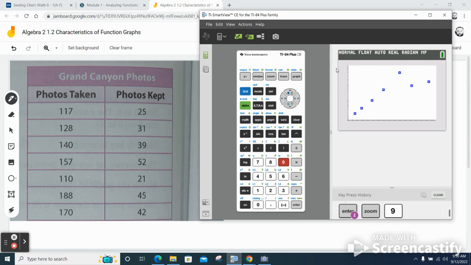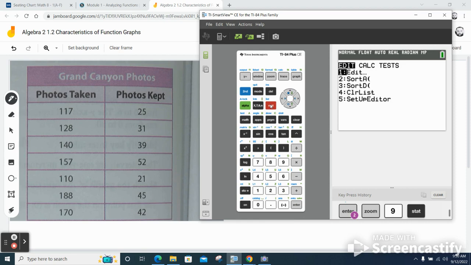So as you look at that, doesn't that kind of look like a straight line, sort of? Okay. So what we want to do is let the calculator approximate. We're trying to find a linear equation that kind of fits through the middle of the data. And that'll help us to make a prediction, okay? So what we want to do now is calculate something. So hit stat again,